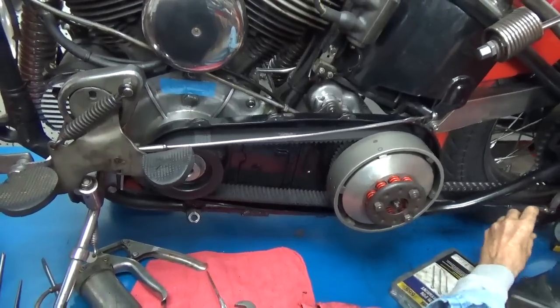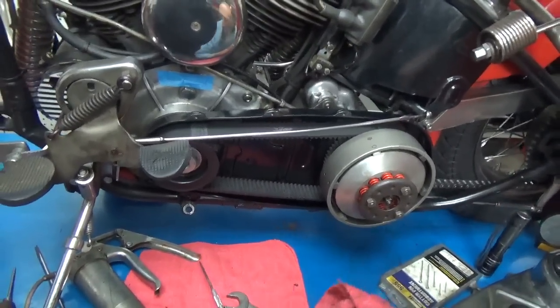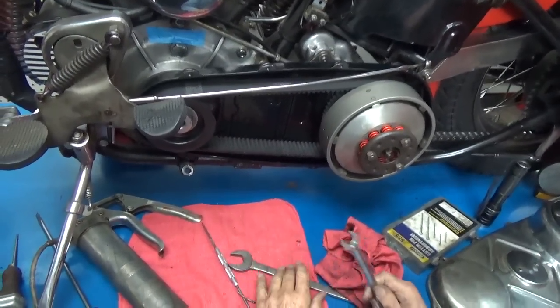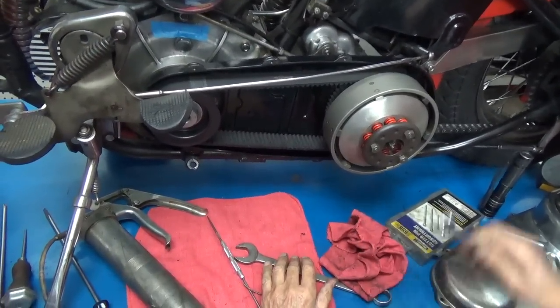Now, the other thing I noticed the other day when I was riding this bike, the clutch didn't seem quite as tight as I would like it. So,